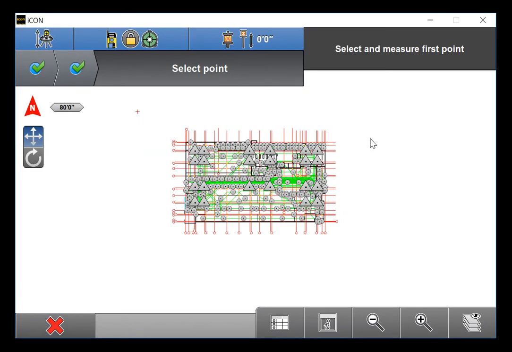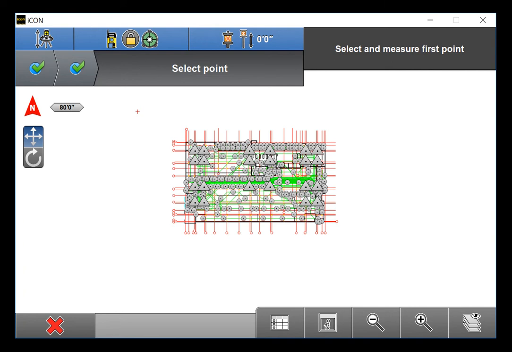Here, we're prompted to select and measure the first point. Setup Anywhere requires a minimum of 2 points measured. You may measure more than 2 points to strengthen your station's coordinate value, which further reduces opportunities for error, but you cannot measure less. At this point, I will switch to some PDFs I've created so we can go over